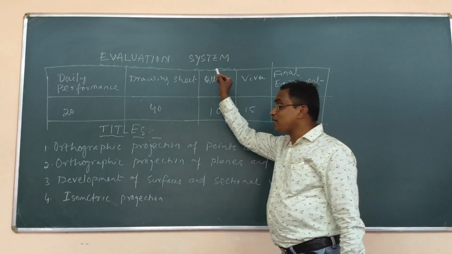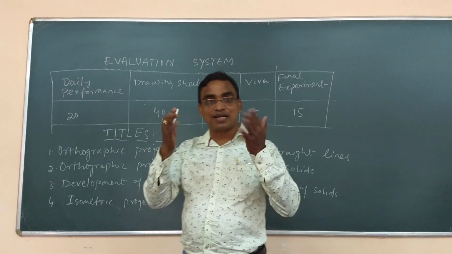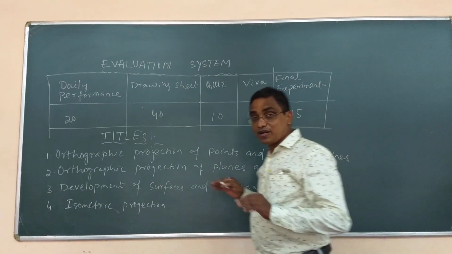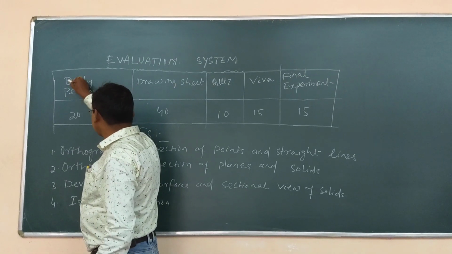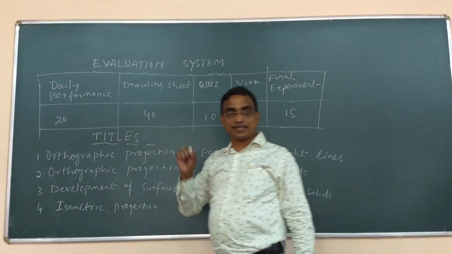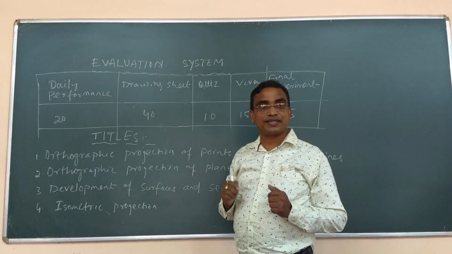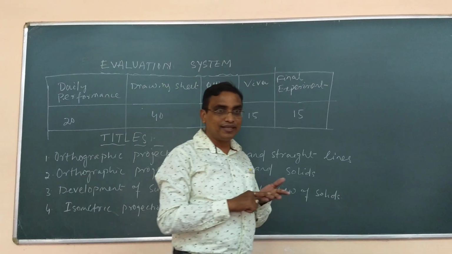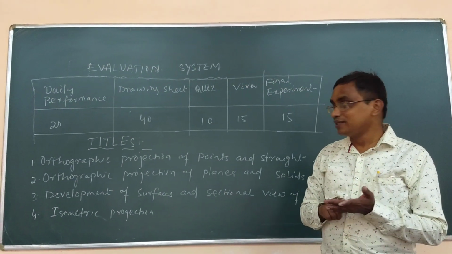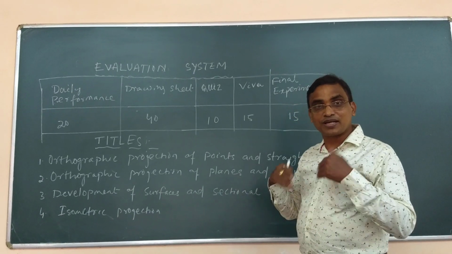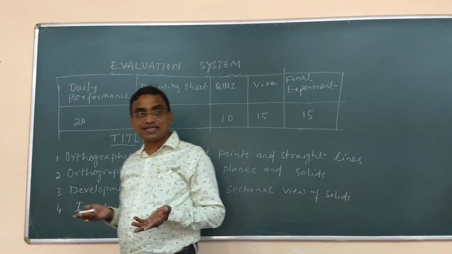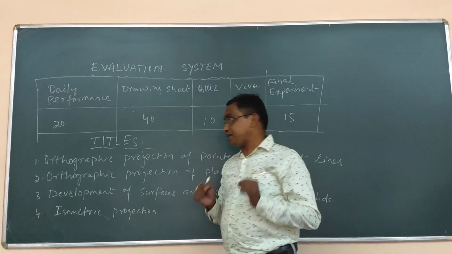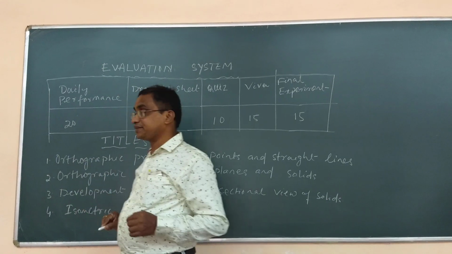We will discuss the evaluation system, and how we will get 100 marks. As per the new BPUT system, first of all, the daily performance of a student is 20 marks. What do we mean by daily performance? It includes punctuality, regularity, body language, style of representation of the different answers, neatness and cleanliness, discipline, and rough copy. That is 20 marks.